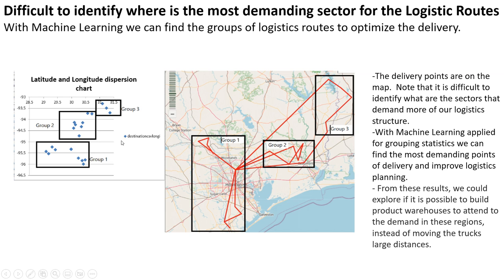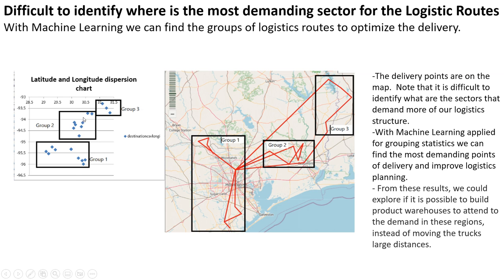The objective is that we are going to make an analysis, a running of machine learning, and we are going to apply grouping statistics to find what are the groups of the deliveries that we can classify by grouping them, and the delivery points are on the map. Note that it is very difficult to identify what are the sectors that demand more of our logistics structure. With machine learning applied for grouping statistics, we can find the most demanding points of delivery and improve logistic planning, like